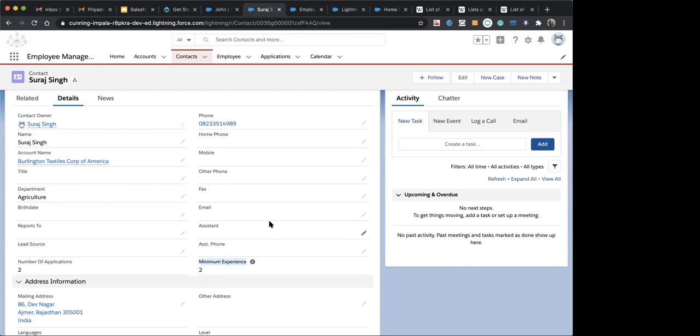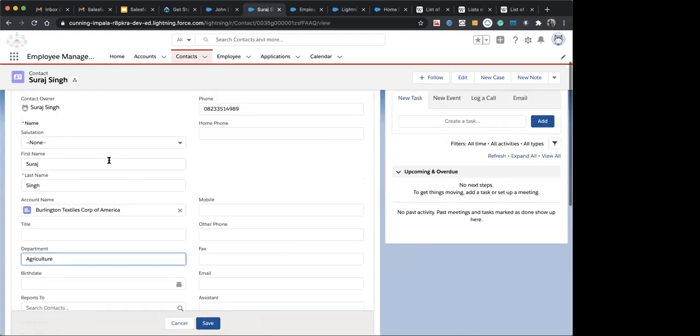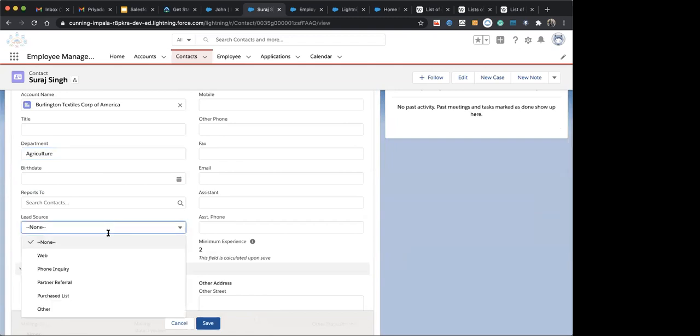So it totally depends. The record type first defines the type of the record. Second, it defines what fields are available to those records and what the pick list values are. Suppose I want to differentiate when the sales team works. There is a pick list, and the sales team will see only web and phone inquiry pick list values, and none of the other pick list values will be available to them.